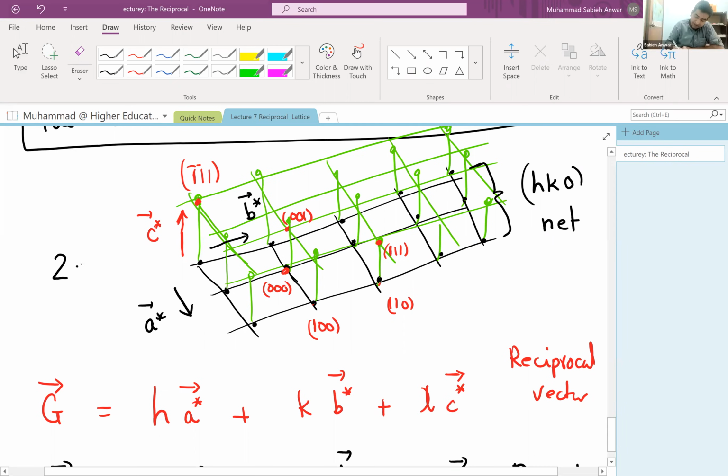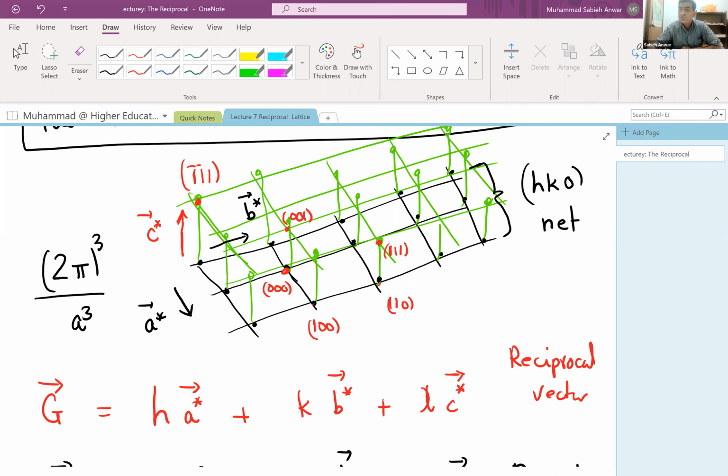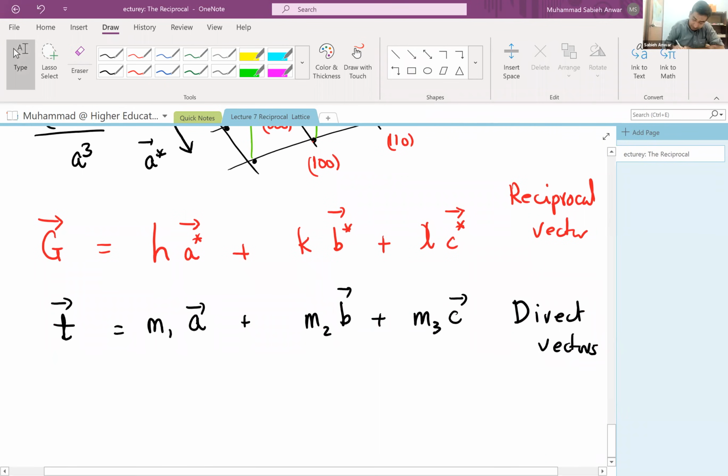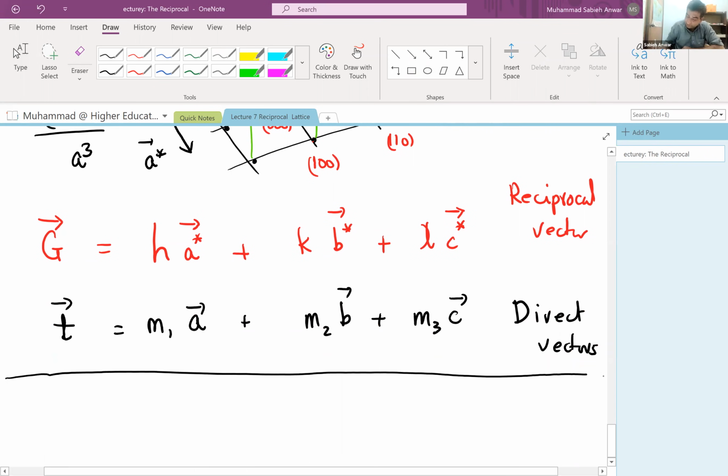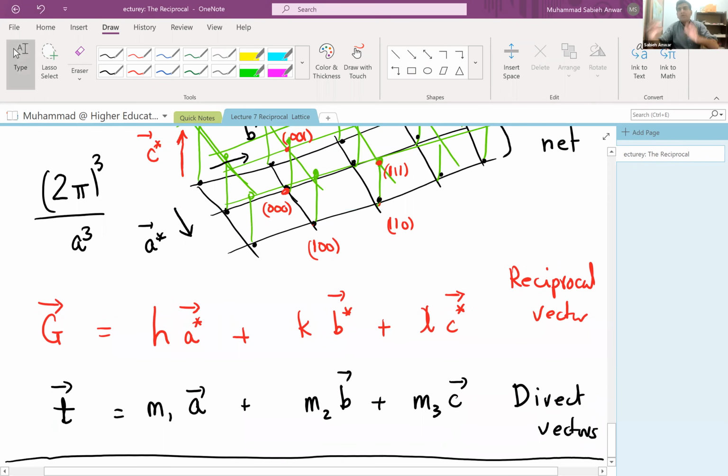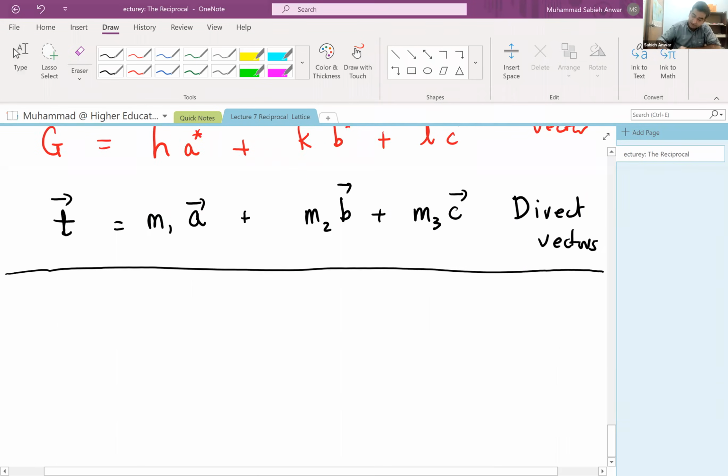In the reciprocal space it's 2 pi cube over a cube, because the length of each vector in the reciprocal space is 2 pi over a. Okay, you can't just say a star, b star, c star because we're talking about the cubic system here. It could be more complicated than that. So the bigger the size of the unit cell in the direct space, the smaller it would be inside the reciprocal space. Now if you consider an orthorhombic,